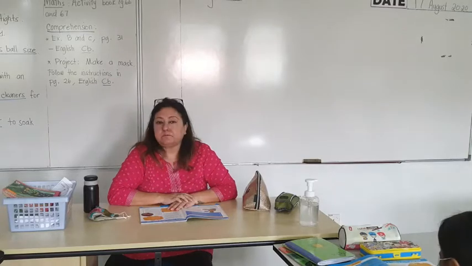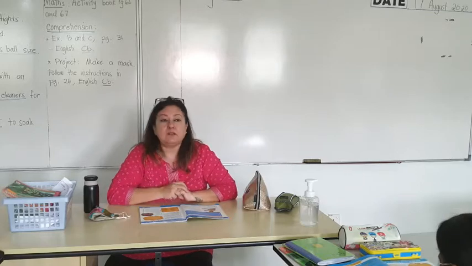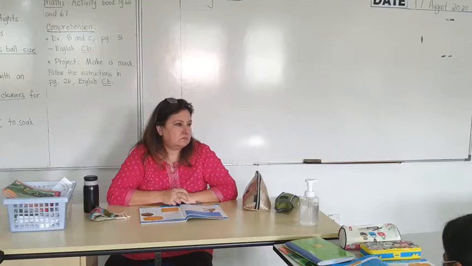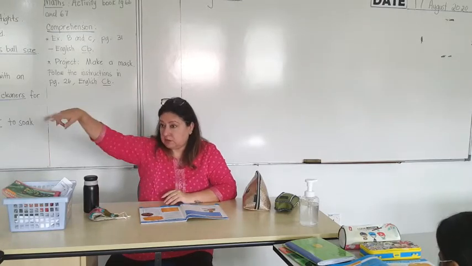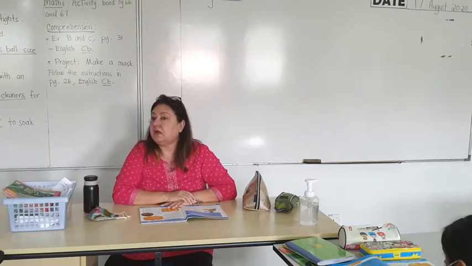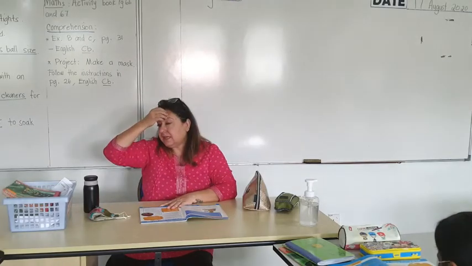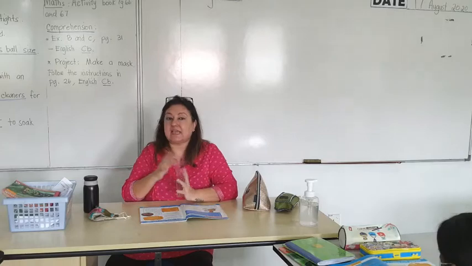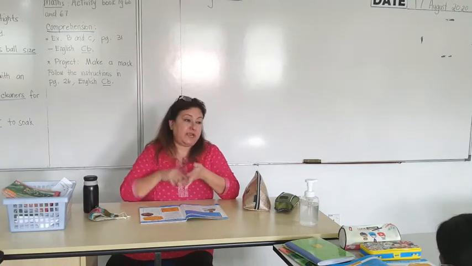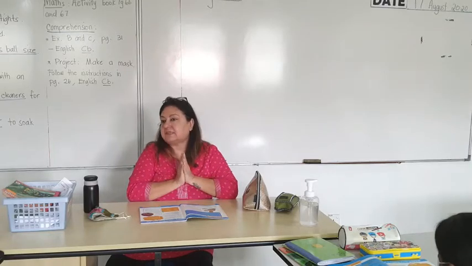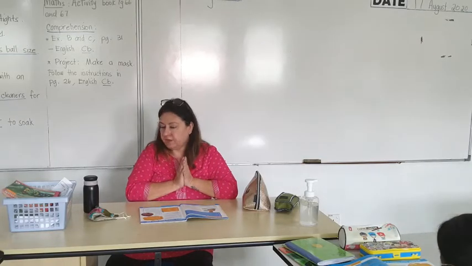Now, plants are living things, so they grow, they reproduce. The only thing plants do not do is what? Walk. Yes, plants don't run around. So that's the only difference between a plant and an animal or a human being. Animals and human beings can walk around. But other than that, plants do everything else as a living thing. They can grow, they can reproduce, they can breathe, they make their own food. So plants can do everything except move. Okay, they cannot move, they cannot walk around.